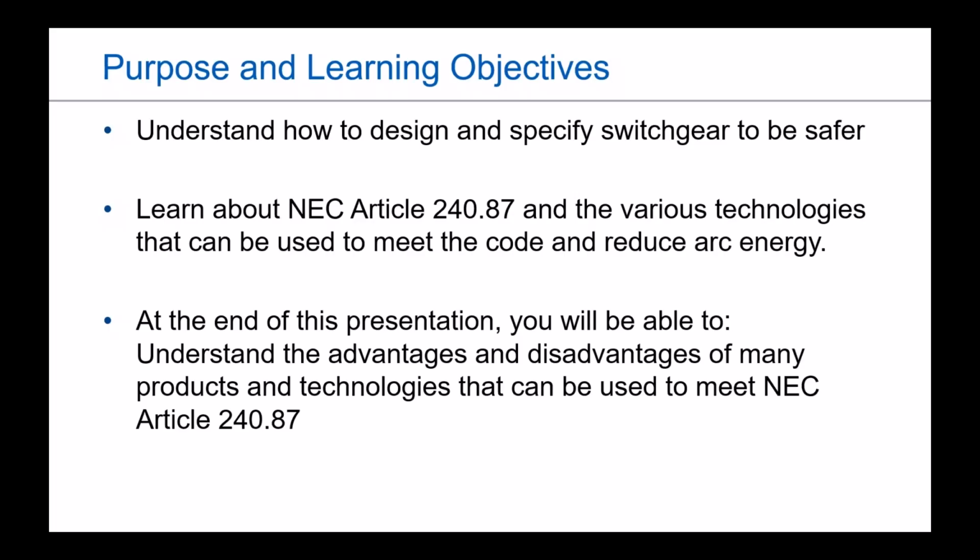One of the prompting questions that Jim was able to display for you was about the National Electric Code's Article 240.87. We'll dive into that in the presentation, but what that focuses on is when you have a circuit breaker that is 1200 amps and above, one of the issues you run into is you start getting into incident energy levels where you could potentially be in a zone where you do not have a level of PPE that is adequate. So there's an active requirement in the National Electric Code to put items in place to address and reduce incident energy where possible. And so that's where we'll spend a good portion of today's discussion.